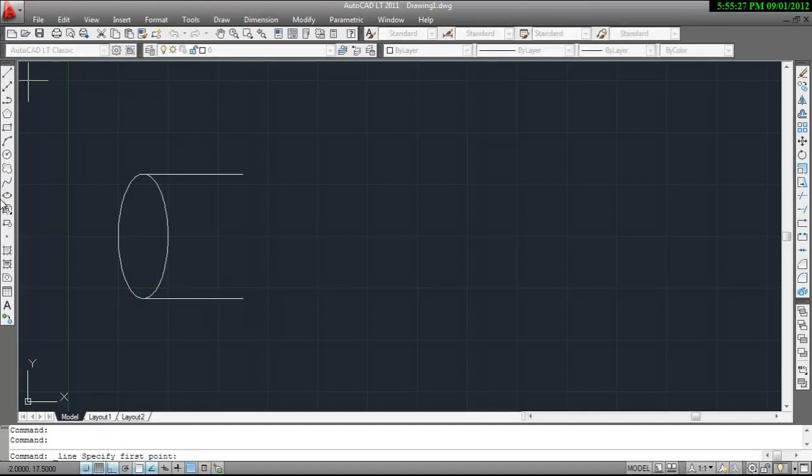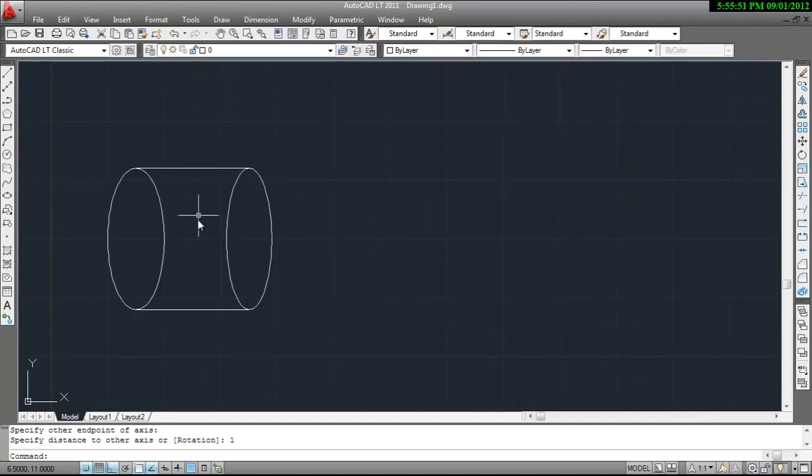Now I am drawing another ellipse of whatever size you want, 1 inch. Now as you can see, this is a cylinder, but if you want this part to be removed, because it is a cylinder, so this part should not be shown, this one,